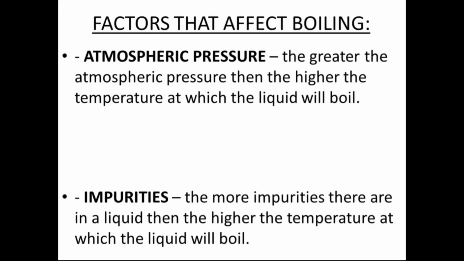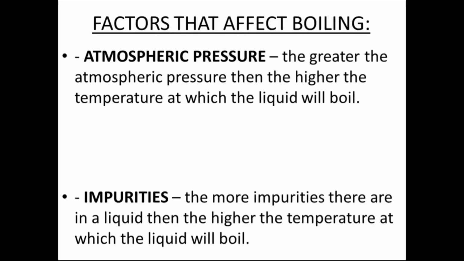So if you were to cook in a normal pot, since there is less atmospheric pressure, the temperature at which the water would boil would be lower. So your water wouldn't boil at 100 degrees Celsius. It would boil at a temperature less than that. Since it is boiling at a temperature less than 100 degrees Celsius, it wouldn't cook the food properly. The different bacteria that are present in the food wouldn't die,